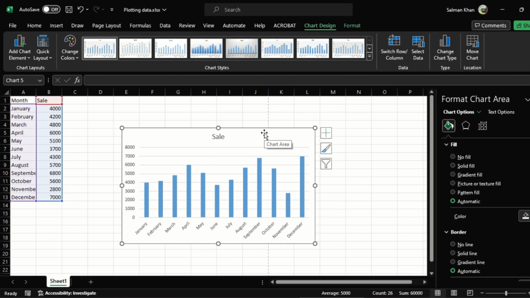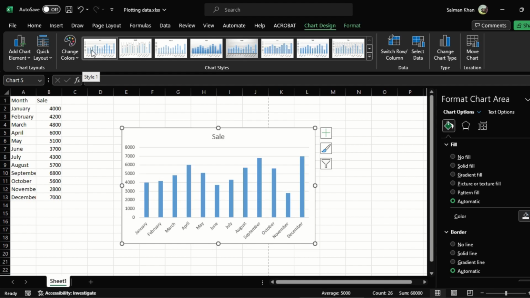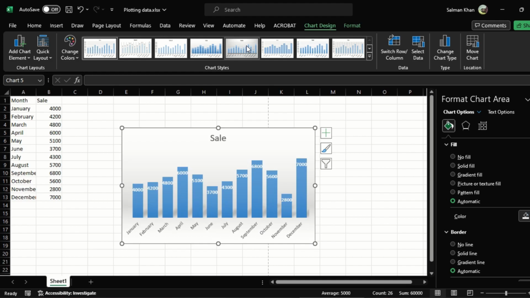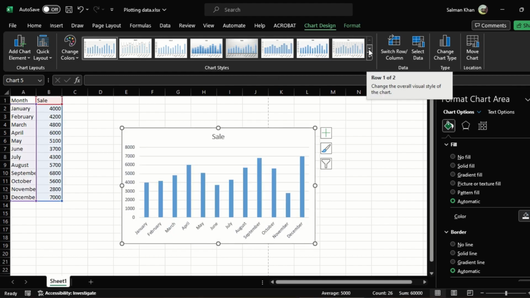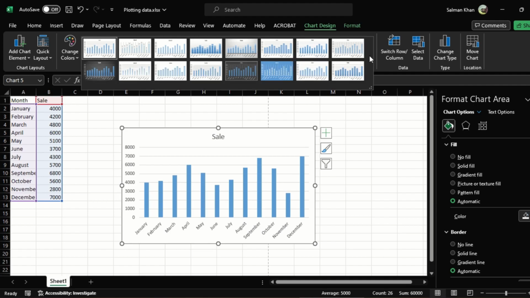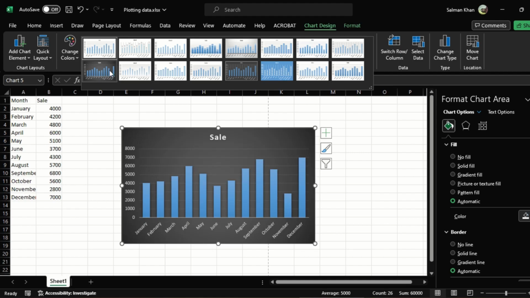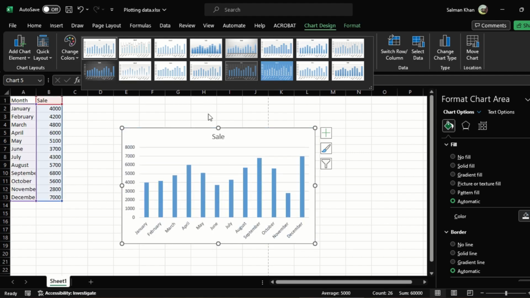And now I am on the chart design. There are different options available for the chart. I can have different options, so you can go for any one as per your own desire. And there are a few more to this. If I click on the drop down menu, you can change the background, etc. However, the background can be changed another way as well that shortly I'm going to show you. Nevertheless,